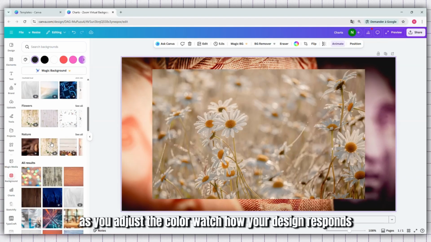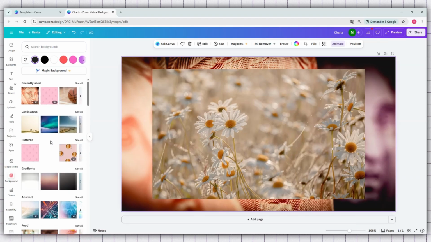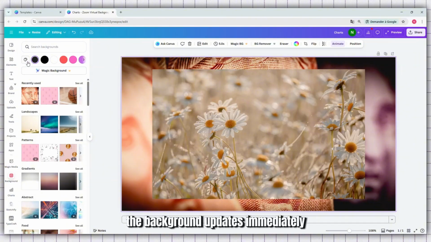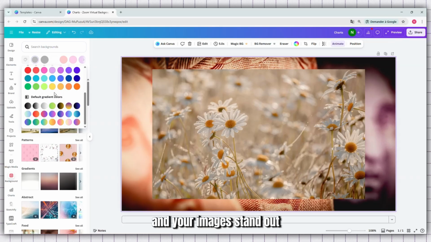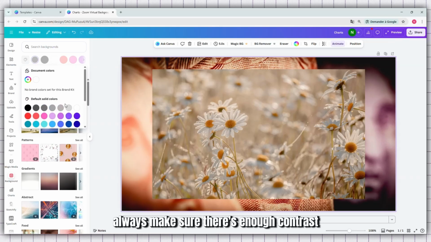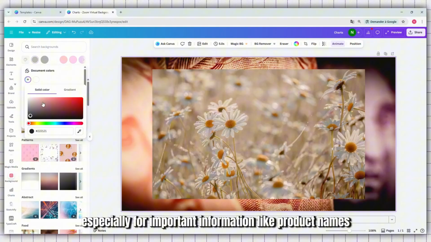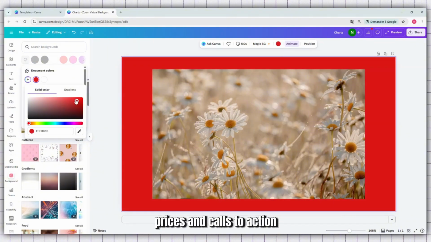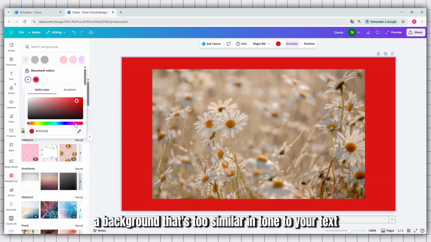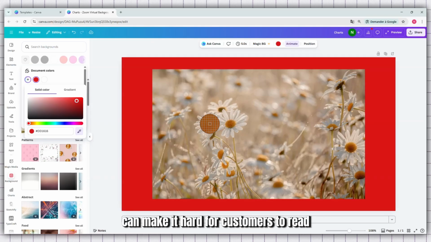As you adjust the color, watch how your design responds. The background updates immediately, which helps you judge whether your text stays readable and your images stand out. Always make sure there's enough contrast between your text and background, especially for important information like product names, prices, and calls to action. A background that's too similar in tone to your text can make it hard for customers to